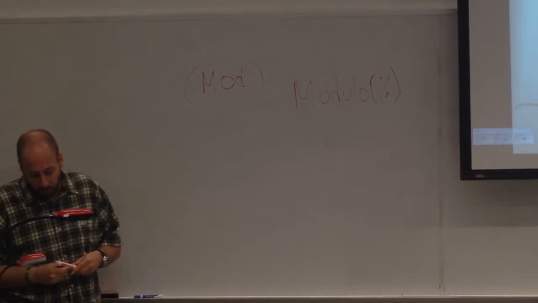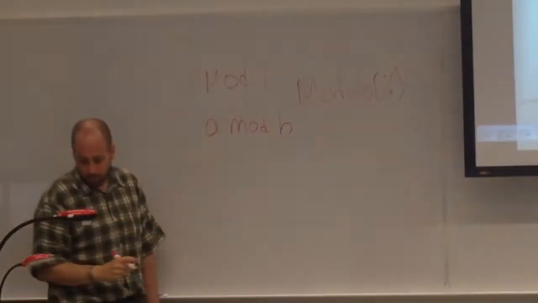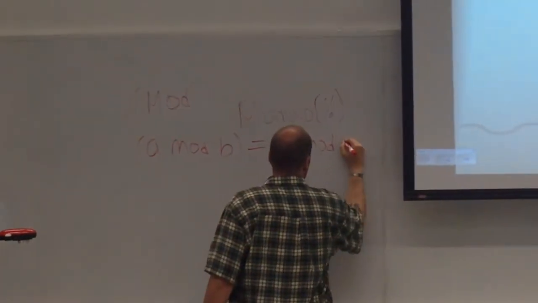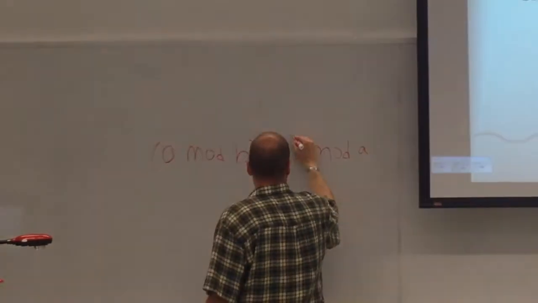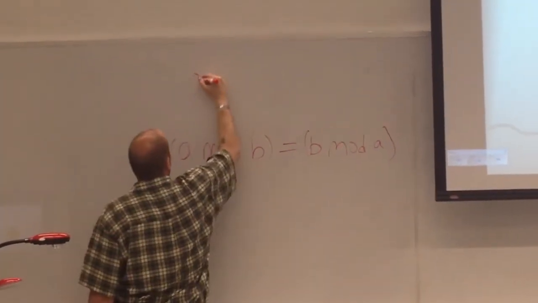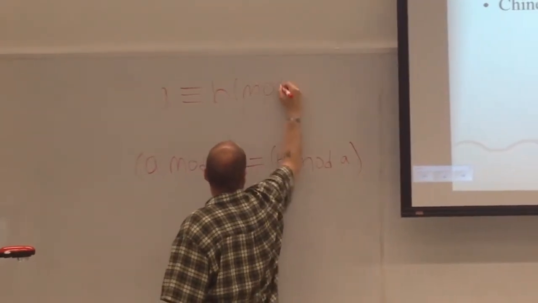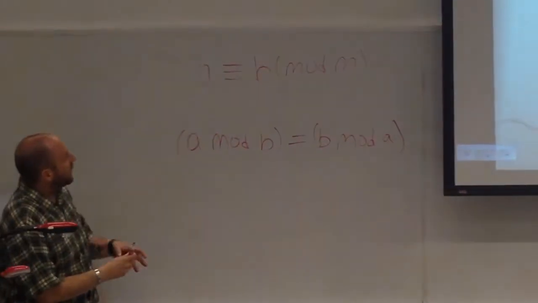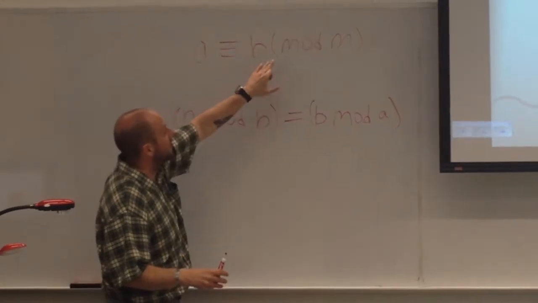So with that background, moving on to the second concept, in modular arithmetic, if A mod B equals B mod A, then we can express this as A, and this 3 lines here, it's not equals, it's congruent. So A is congruent to B mod M,